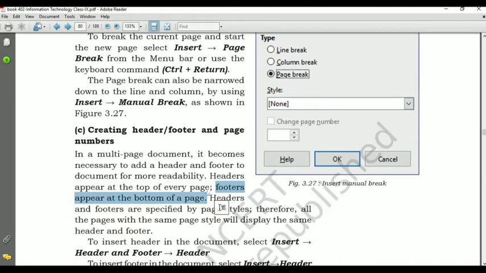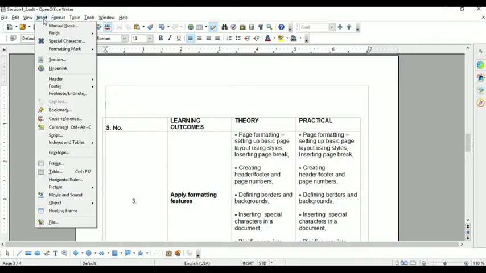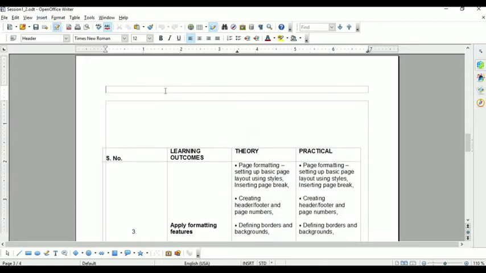How will we add a header or footer? Let's see here. Click on the Insert menu and then you will get the Header option, and select Default in the header. Once you click on Default, you will get one header at the top of this page.